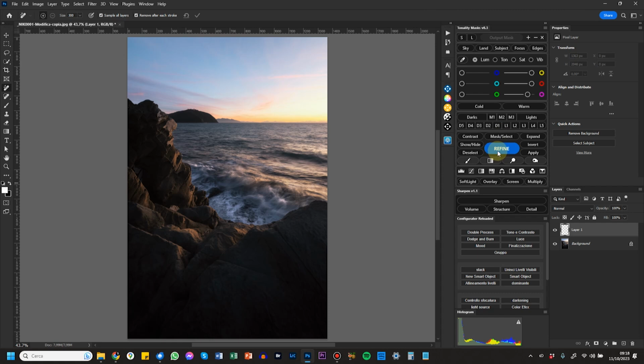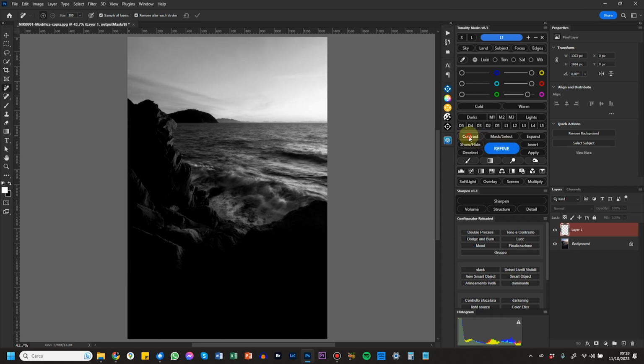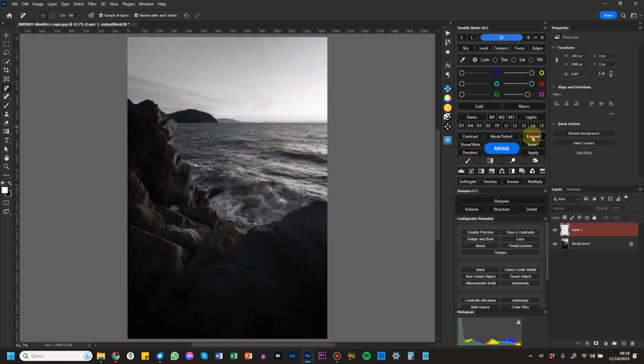What about the other buttons? Let's jump into a lights 1 mask again, just for example. I can decide to contract this selection by a few pixels, or I can choose to expand the mask, the selection, by a few pixels. That's not like pressing lights 1, lights 2, lights 3, etc. That's a different mask. This is a way to contract or expand the selected mask by a few pixels.